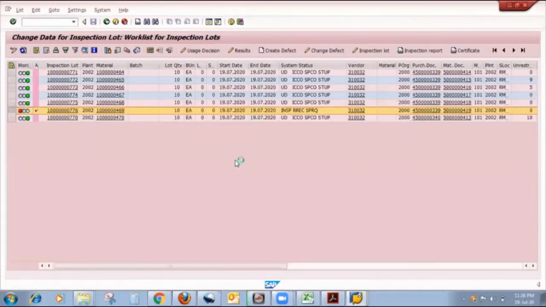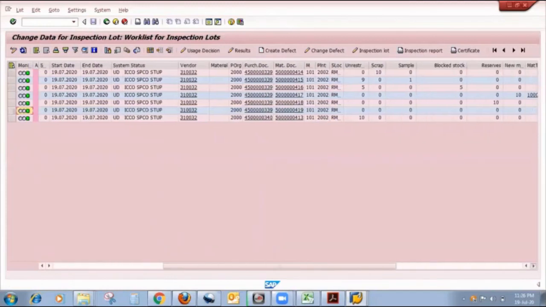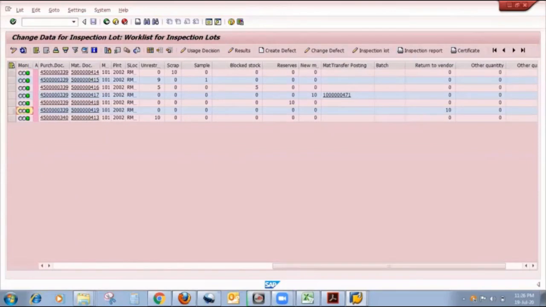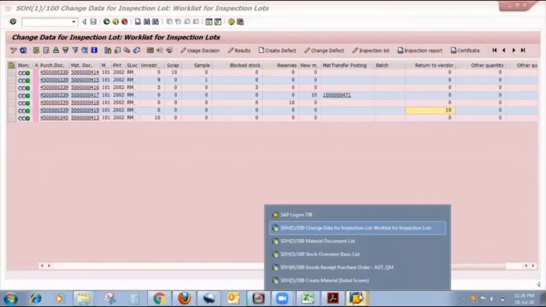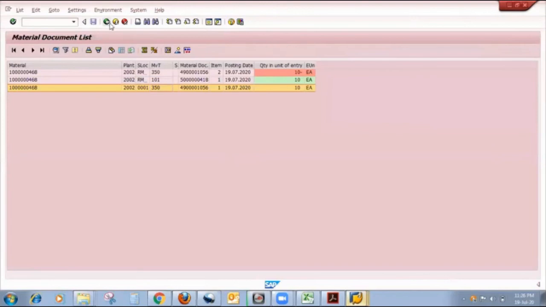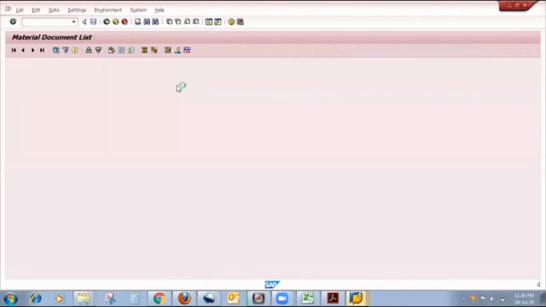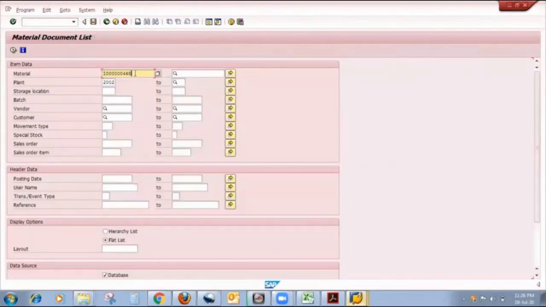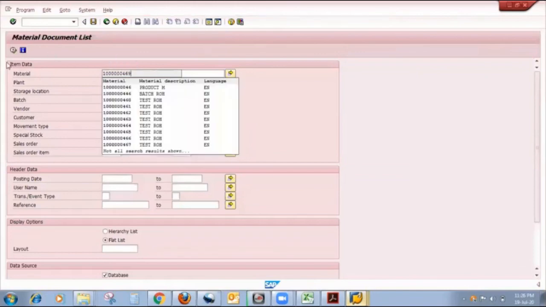After refreshing it, you observe that the system status is changed and there is 10 quantity towards return to vendor. Now I want to show you in the material document list. Here I want to put my finished material.